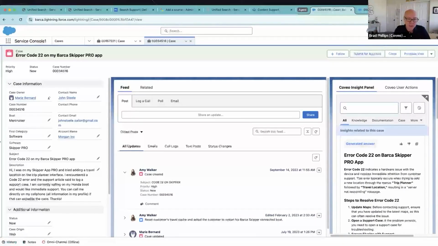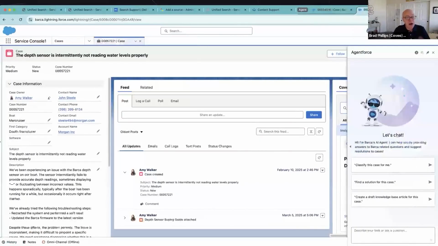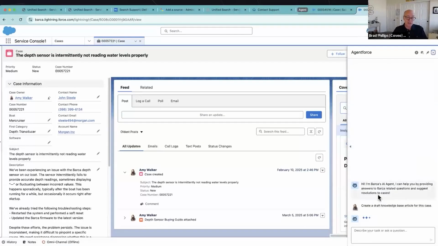All right, we talked about KCS a little bit. We do have an upcoming session on AgentForce integration specifically. So another KCS capability that's part of our AgentForce package would be not only solving cases, but also creating content on the fly. So I've gone ahead and chosen a prompt, one of the AgentForce actions here.